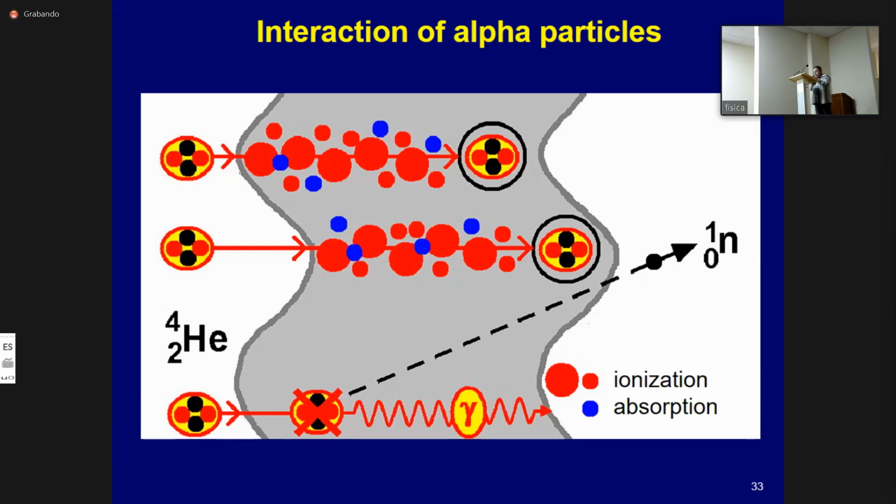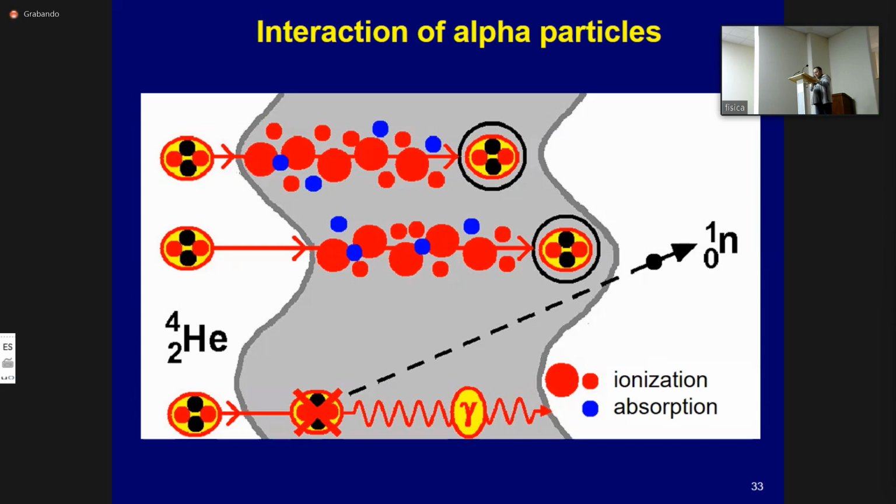Absorption is another option for alpha particles or heavy ions. In an absorption reaction, a proton or alpha particle is actually absorbed by the nucleus of an atom, and the atomic nucleus becomes excited. Atoms under such conditions are unstable, and the main mechanism by which they return to a stable state is the emission of nuclear radiation.